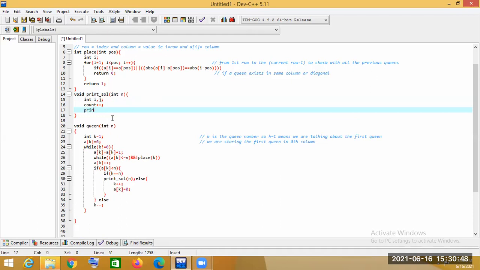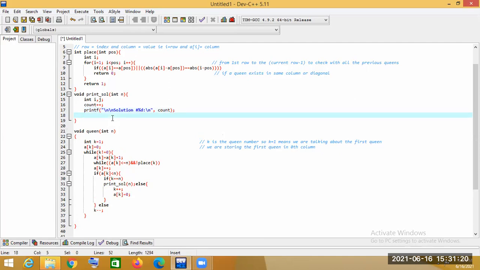Then printf, slash n, solution, hash %d, slash n. It will print the count, so how many solutions are present there.